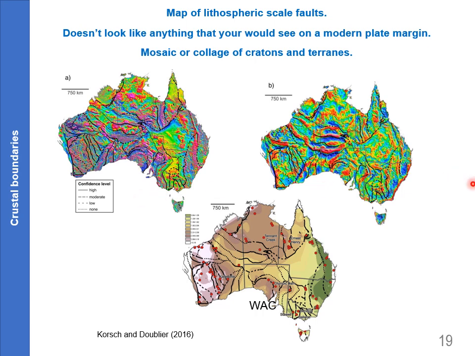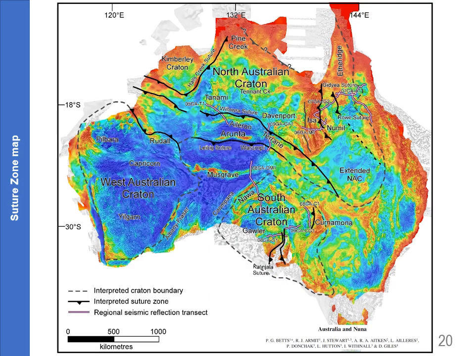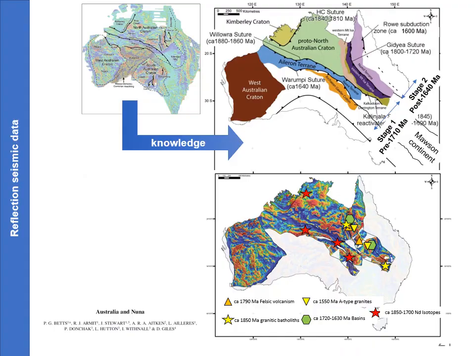This is their interpretation. This is mine for a particular period, and you can see there's various suture zones and orientations that have been identified in these data sets. This is the Tanami profile here. That's that boundary that I showed earlier. That boundary is imaged further to the southeast. There's the Gawler boundaries and the various crustal elements, and this is the Gidja suture there. You can see that some of them look linear and kind of connect, and others are quite dismembered. And so we need to apply some geological knowledge to help unravel this problem.